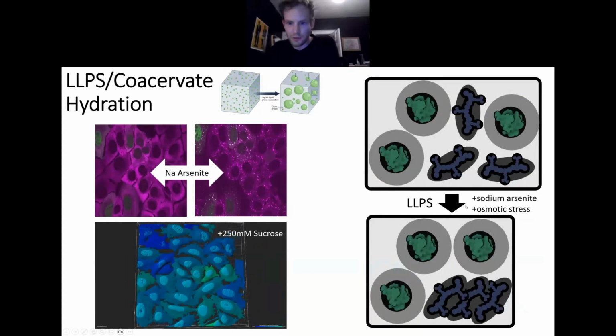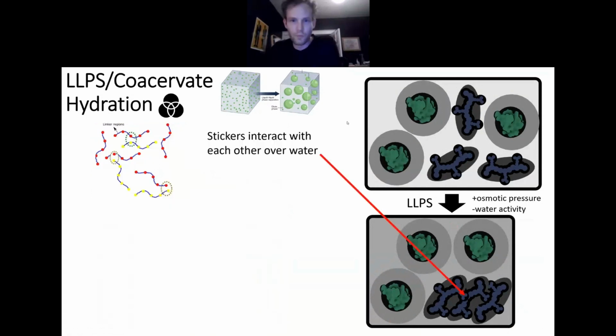So to understand this, I could see that just changing the volume of the cell is enough to get stress granules or phase separation to occur. And I can also change maybe the water activity. As you decrease free water in the cell, it becomes lower activity water. And then when you get phase separation, you get these proteins, these intrinsically disordered proteins and RNAs together in a